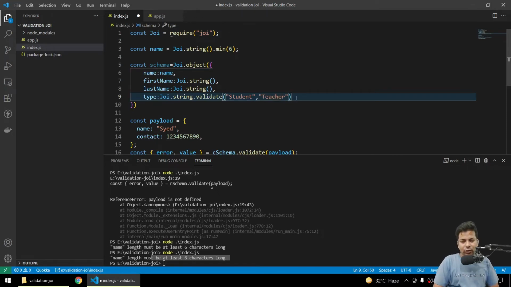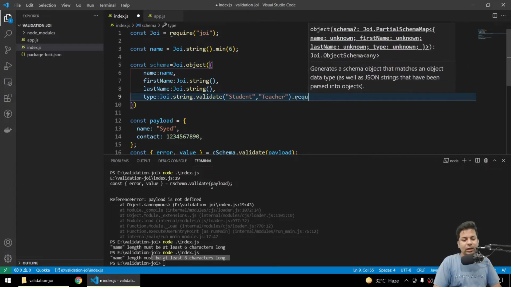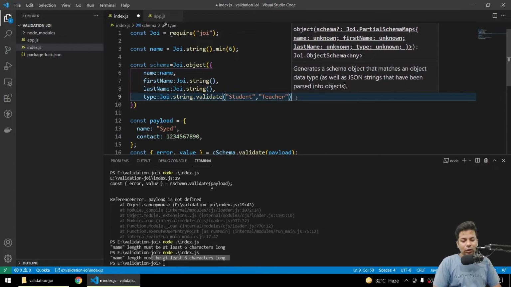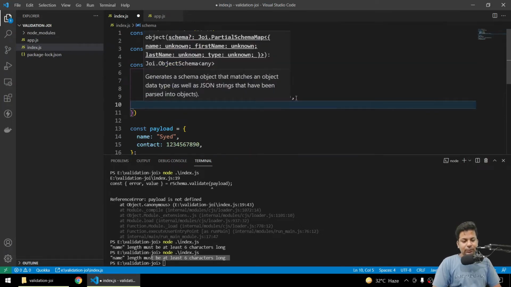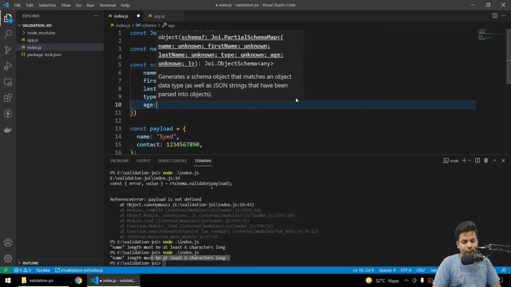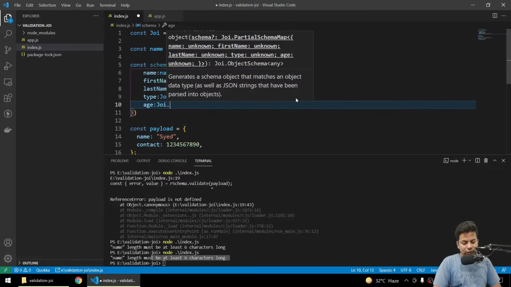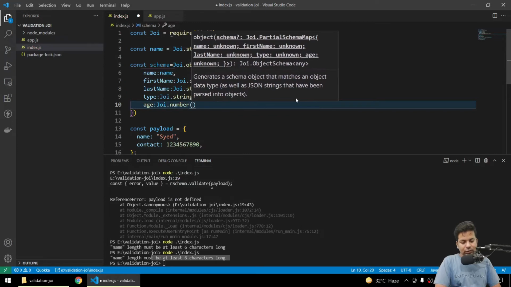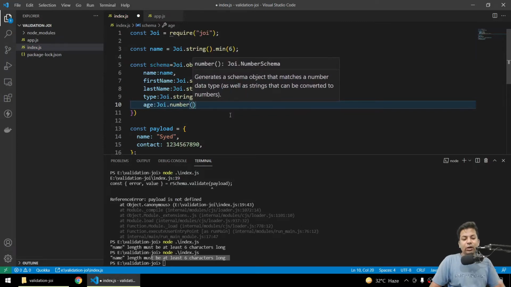Now if you want, you can say required like this if you want, but let this be. Now next we'll see age. So we'll say Joi dot number. After this we'll see for age also, because there is something in age.